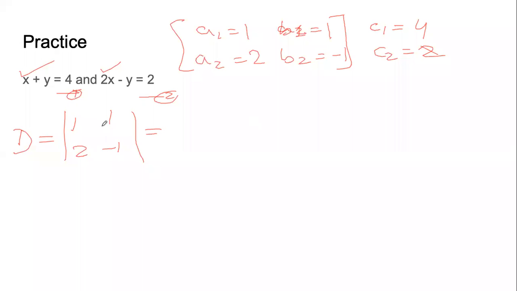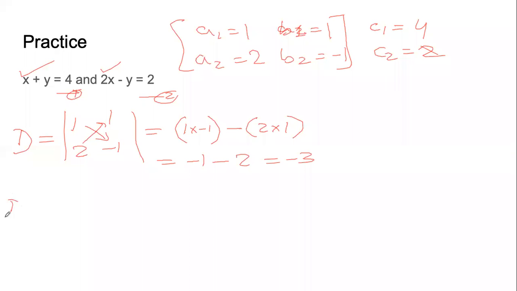When we solve this, first we will multiply 1 and minus 1, so 1 into minus 1. Then we will do a subtraction and subtract 2 into 1 from that. Now 1 into minus 1 is minus 1. Minus 2 into 1 is 2. Minus 1 minus 2 is minus 3. Once again, if we refuse to study integers, we will not be able to use this method also.